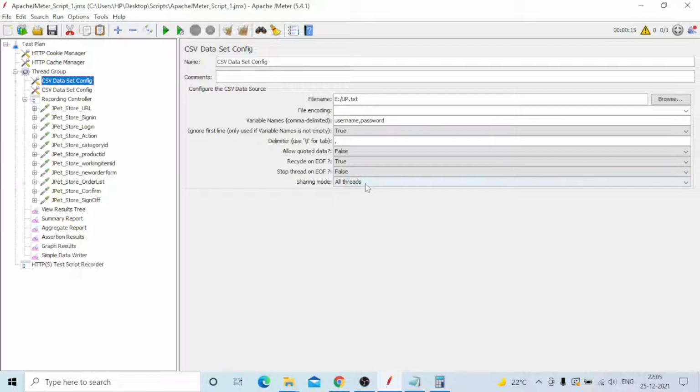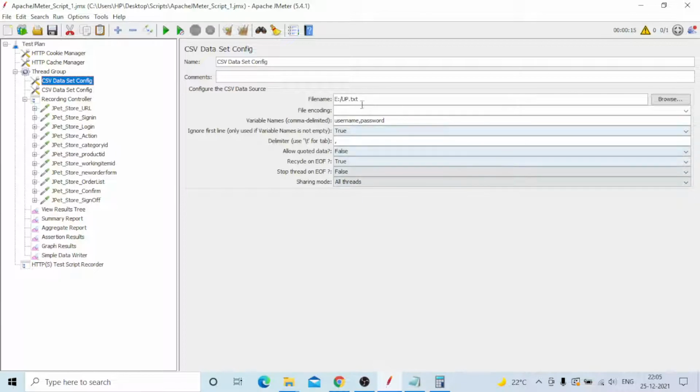And for sharing mode, I'll select all threads. All threads means a single thread only, but in some test executions you need to add multiple threads and execute the test. At a higher level, in a distributed method, you need to execute the test. At that time you can use the method all threads.